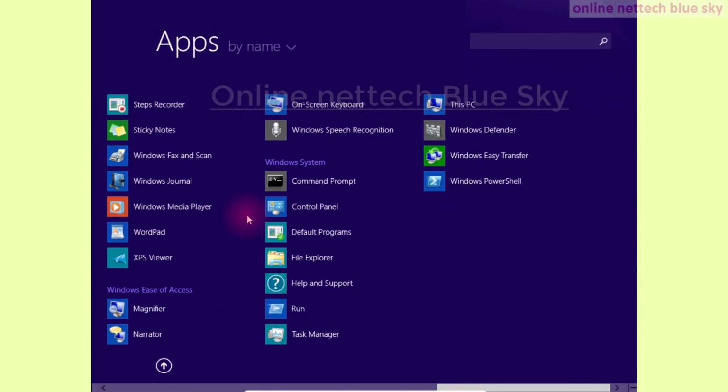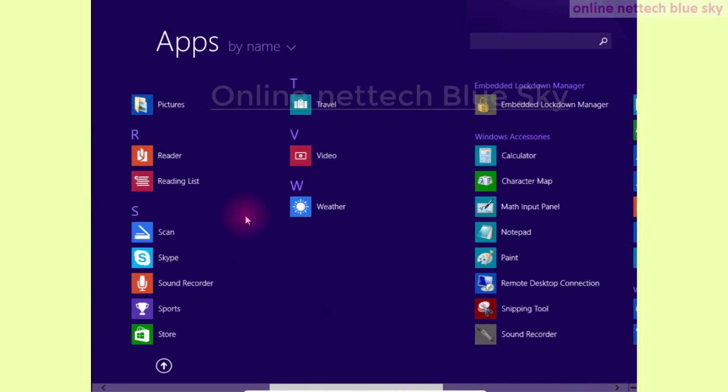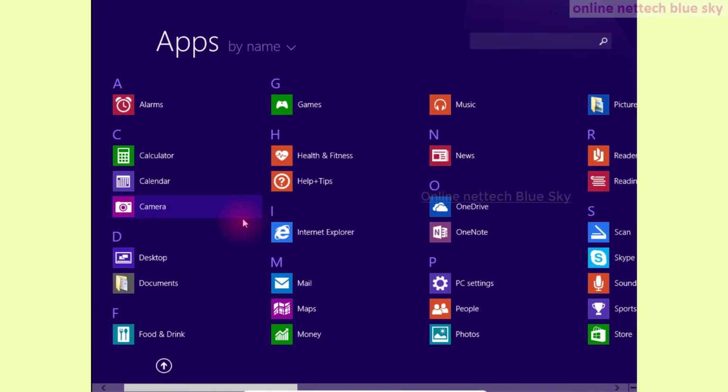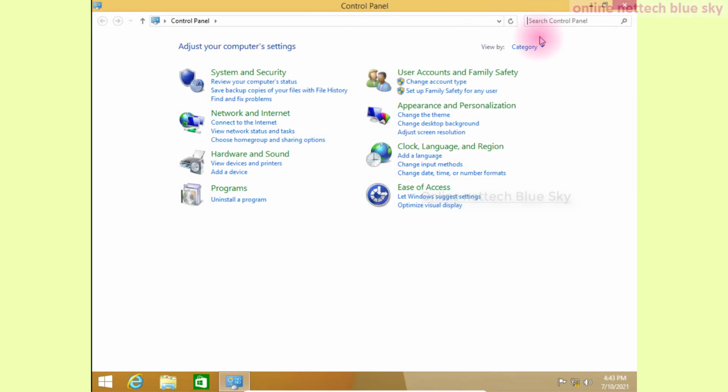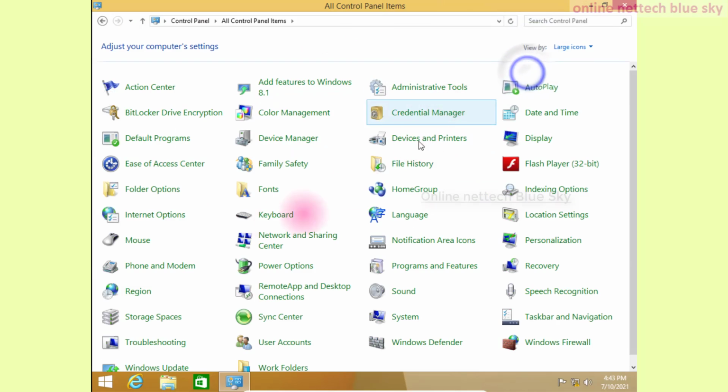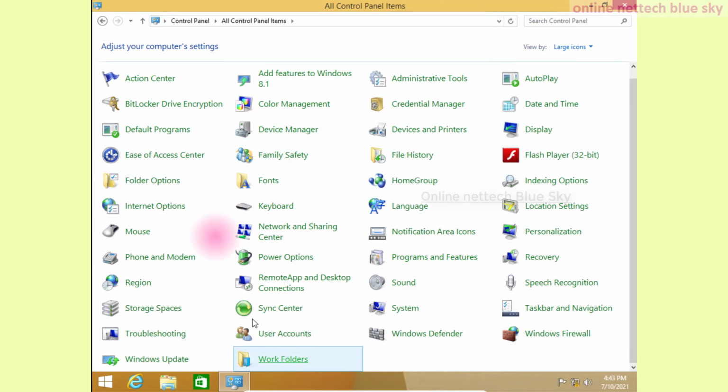You can see the control panel here, the same as the Windows 7 control panel, not changed. Windows 8.1 is 99% the same.